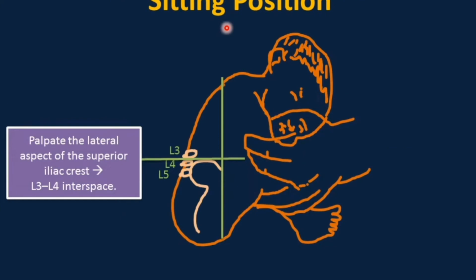The seating position is another option. The back has to be arched and also perpendicular and not leaning to one side in order to be able to obtain CSF successfully. Locate the site of needle insertion by palpating the superior iliac crest with your index finger, at the same time, at the same level, palpating the spinous process. So you are able to palpate between L3 and L4, then go down between L4 and L5 to collect the